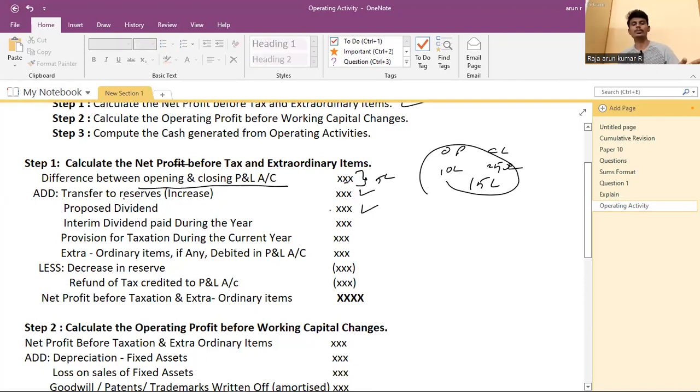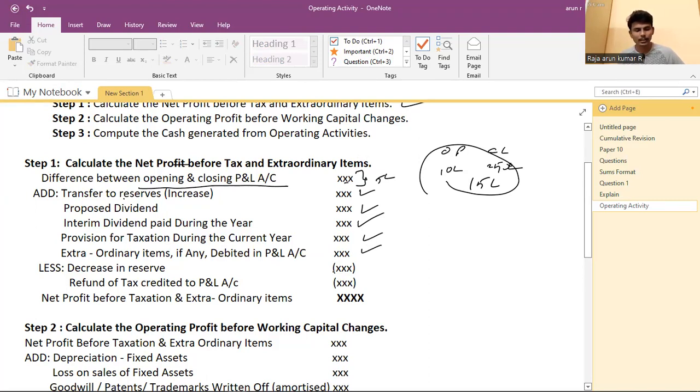Proposed dividend, interim dividend, there are other hidden topics I will explain in following classes. You just go through our classes. Regular following is a must. Then interim dividend, provision for taxation, then extraordinary items, if any, debit to the profit and loss account,